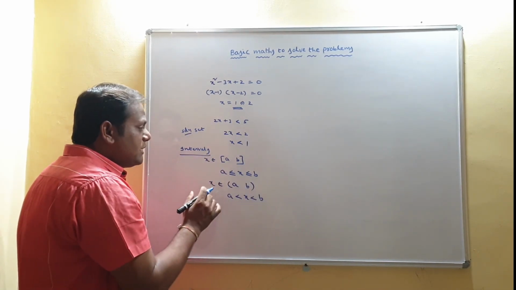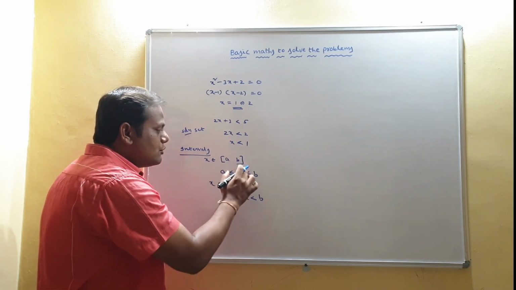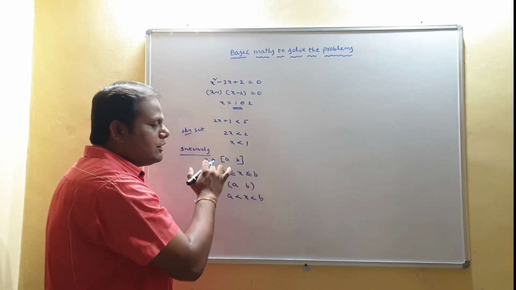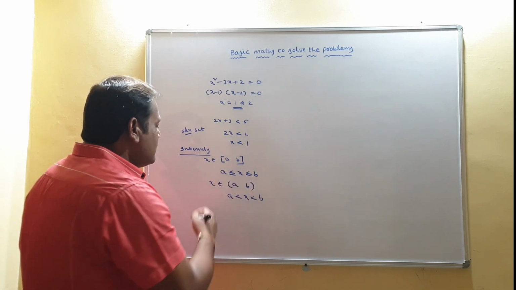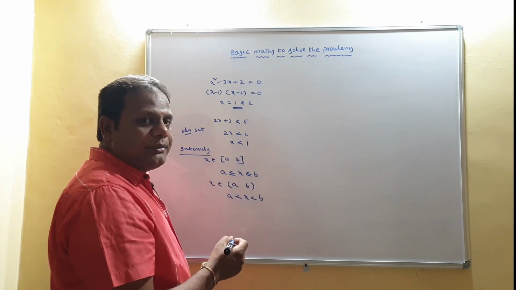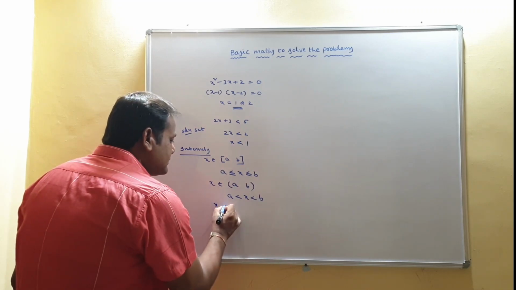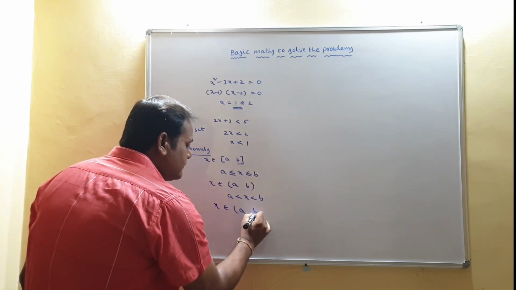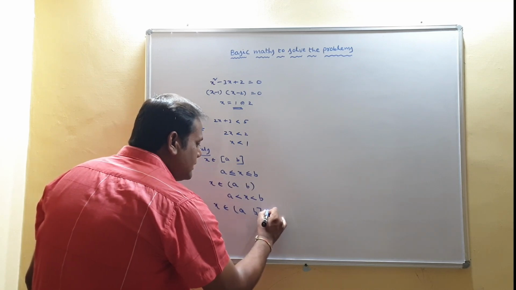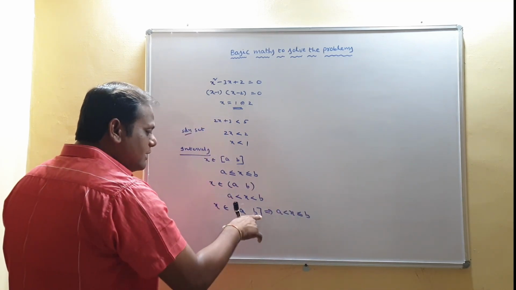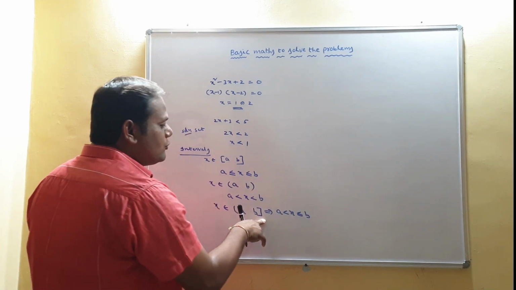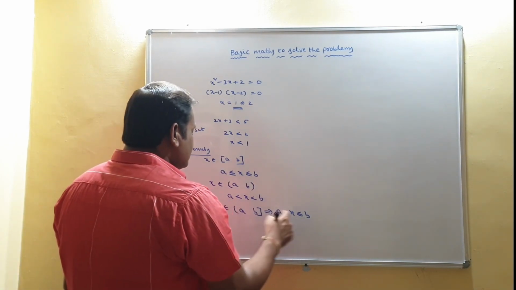So you should remember that closed interval B means B also included. Open interval B means B is not included in that. Like that we have semi-closed, semi-open intervals. Those are x belongs to open interval A, closed interval B, means A less than x less than or equal to B. Here you see that for B we have closed interval, so B is included.